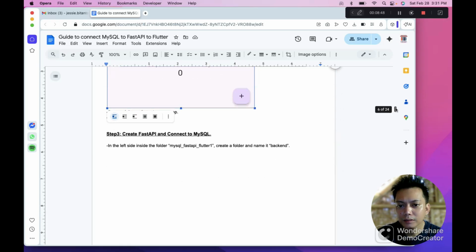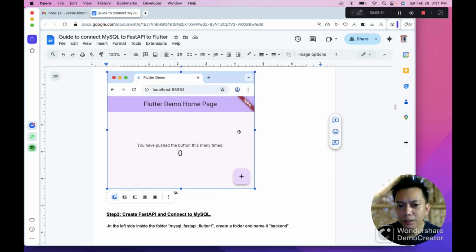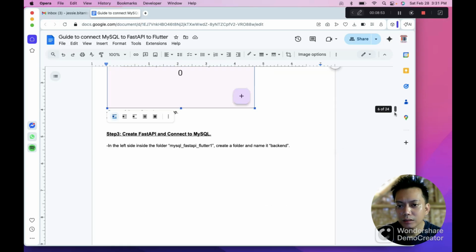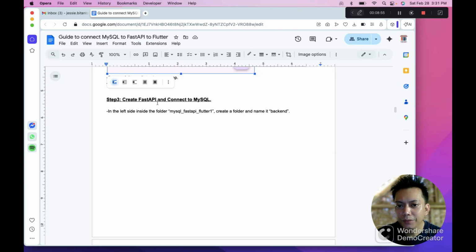Then after that, once this is already displayed, we're going to create FastAPI and connect to MySQL. Okay, so that's the next thing to do.